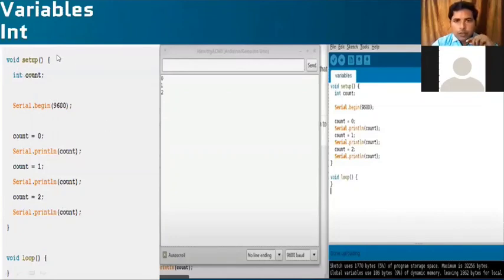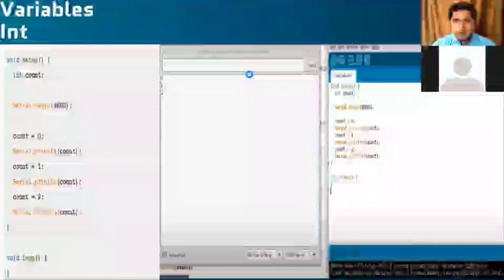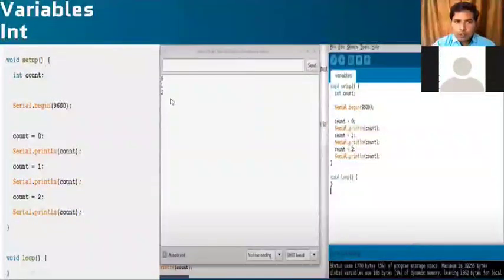So once you run the program, see here I've written a programming window also. Once you upload the program and open the serial monitor, you will get here 0, 1, 2, because you are reading only 3 values here. You are counting 0, you are counting 1, you are counting 2. These are the only 3 values you are doing, that's why I'm displaying only 3 values. Those are the integer values, which is a variable value.